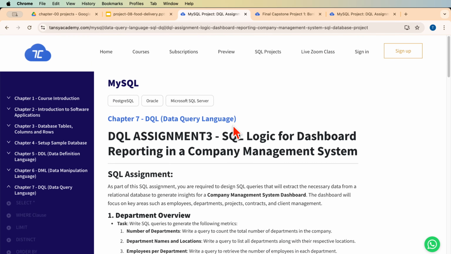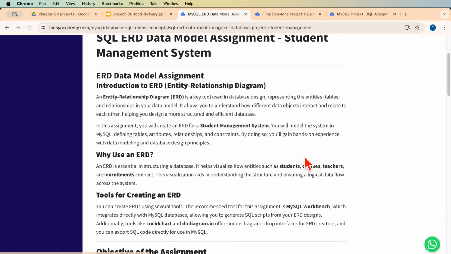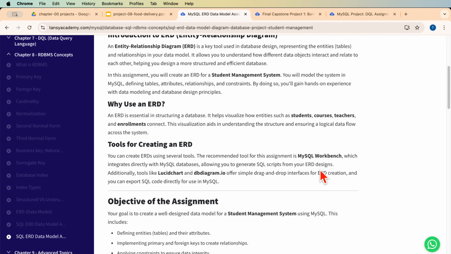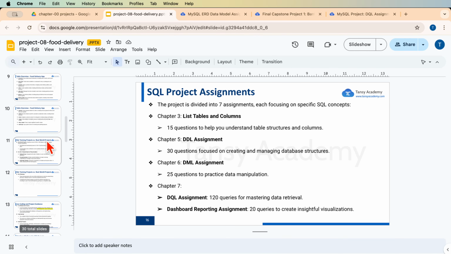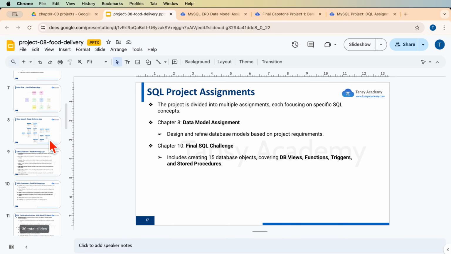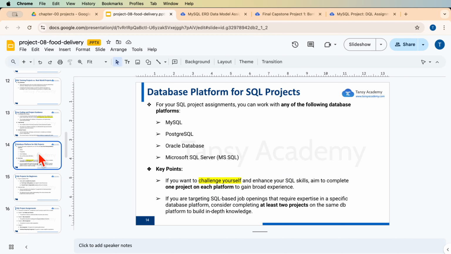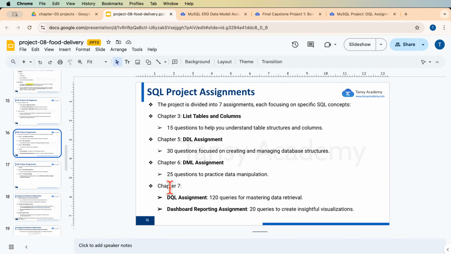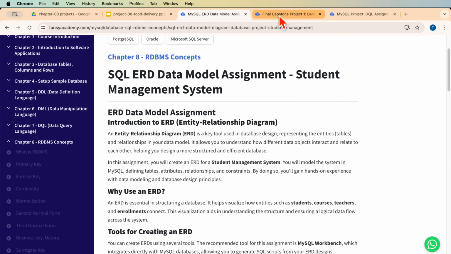And then moving forward, you will have another project, the data model assignment. Here you will be using a data modeling tool to draw the data model. We have seen this in the previous slides. Let me just show you an example. So you need to come up with a diagram like this in your chapter 8 assignment. Okay, so let me see, where are we? Yeah, so we covered chapter 6, chapter 7, and then finally